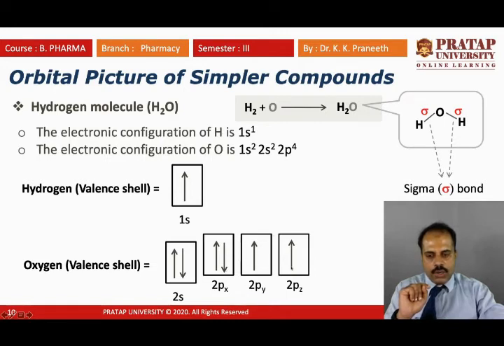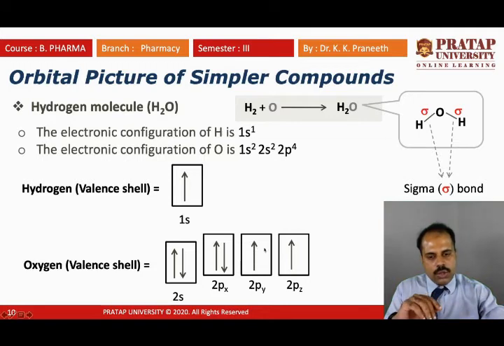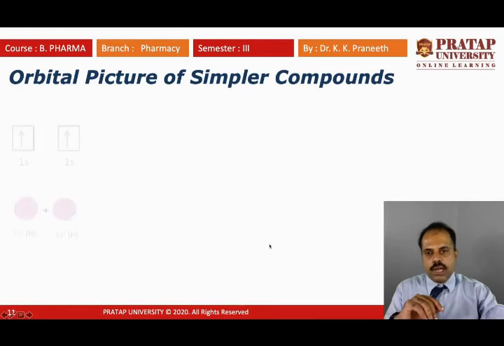So how many unpaired electrons are present in the oxygen? There are 2 unpaired electrons, right? This one and this one. And how many bonds are needed to form water with oxygen? There are 2 bonds, and these are 2 sigma bonds. So you need 2 unpaired electrons, which are present in the oxygen. So it can easily form bonds with 2 hydrogens. We will see this in the next slide.